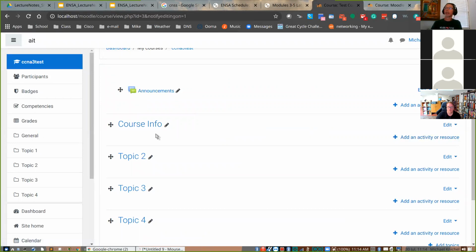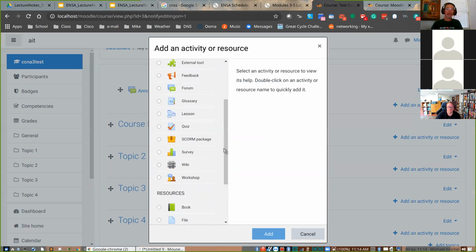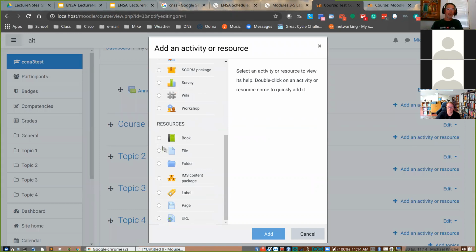It's very much like Canvas where you create a section, this module, and then you add stuff into the module and there's different kinds of things here. So activities, these are all things that are going to be interactive in some way, shape, or form, or just resources, right? A book, a file, a folder, a label, a simple page.